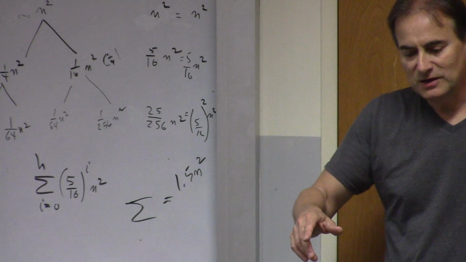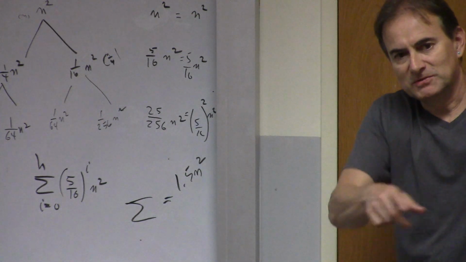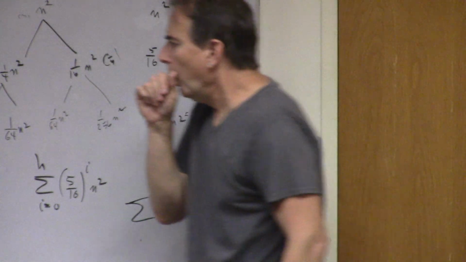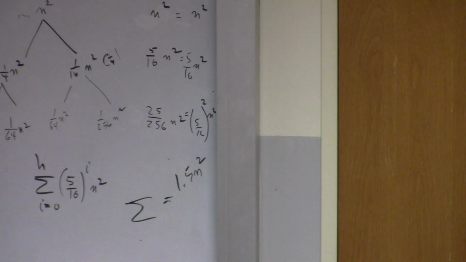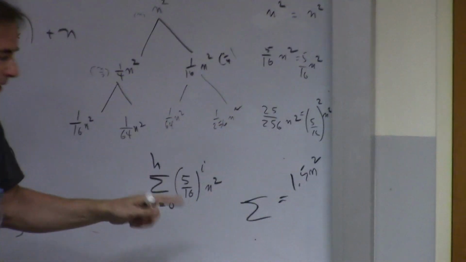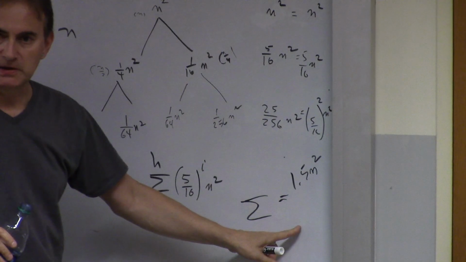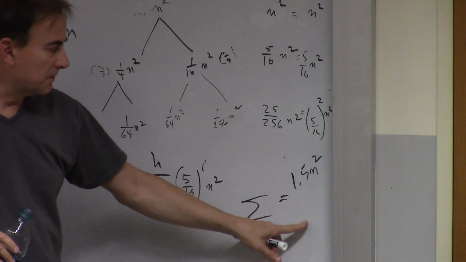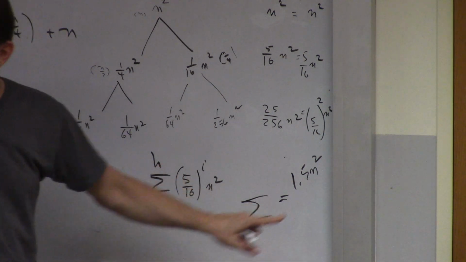We know it's going to look kind of like this, with dropouts. So we know the complexity cannot be less than n squared. And we know that when we overestimate it, its upper bound is theta